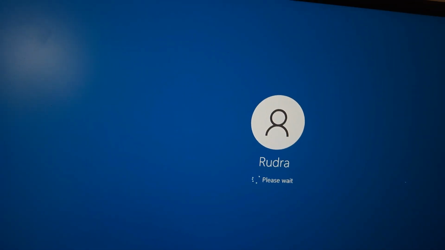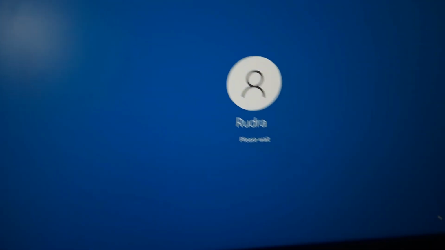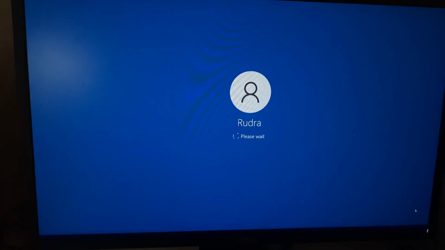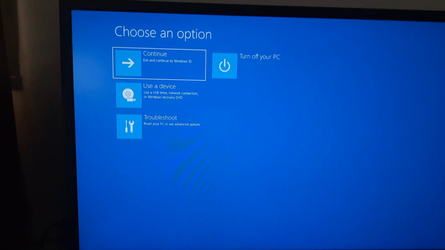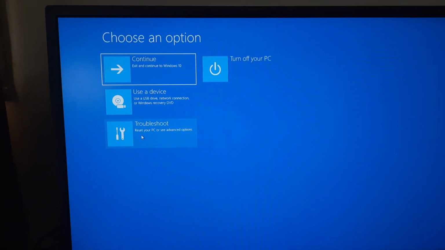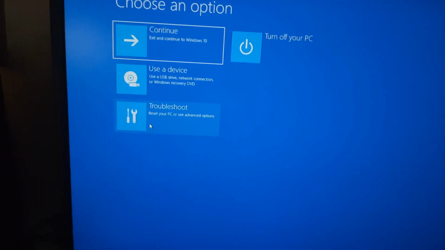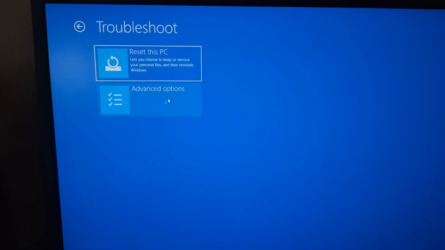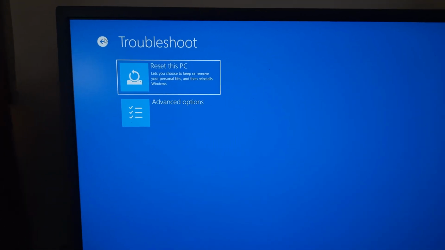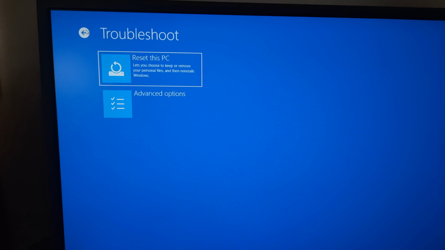And if this happens a lot of times, then the computer will shut down 3 or 4 times. Then it will automatically open up the repair option, or else this screen will come up when you hold the shift key with the restart. So here, if you are seeing a screen like